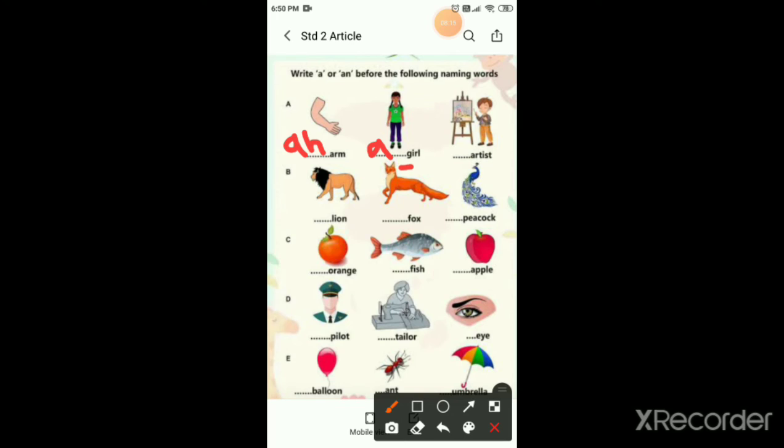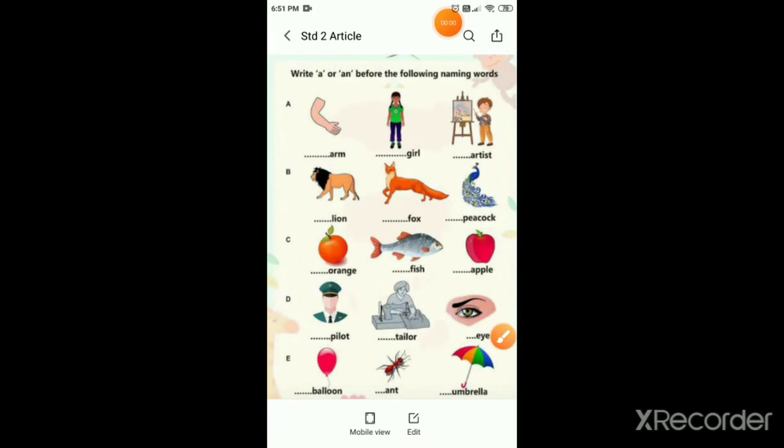Read it: artist. The first letter of artist is A. Vowel or consonant? Vowel. Very good. So which article will come here? An. Yes, an artist.